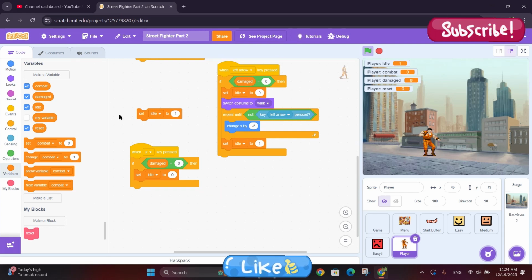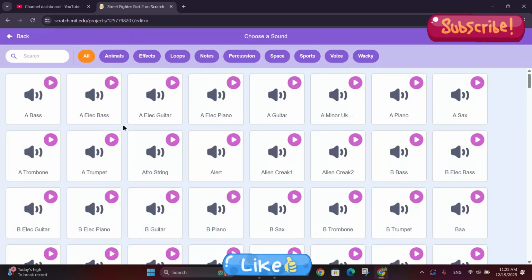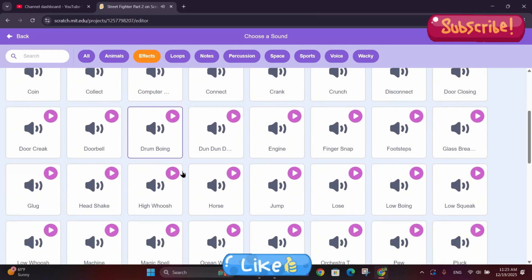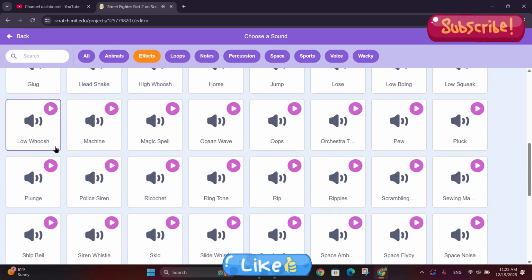For that, let's just use some sound effects also. If we press the Z key, then we are kicking, that means we want a kicking sound. So let's go to the sounds and just choose a sound. I'm going to go to effects, down, and we have got something called low whoosh. Okay, we are going to use the sound effects. Just click OK